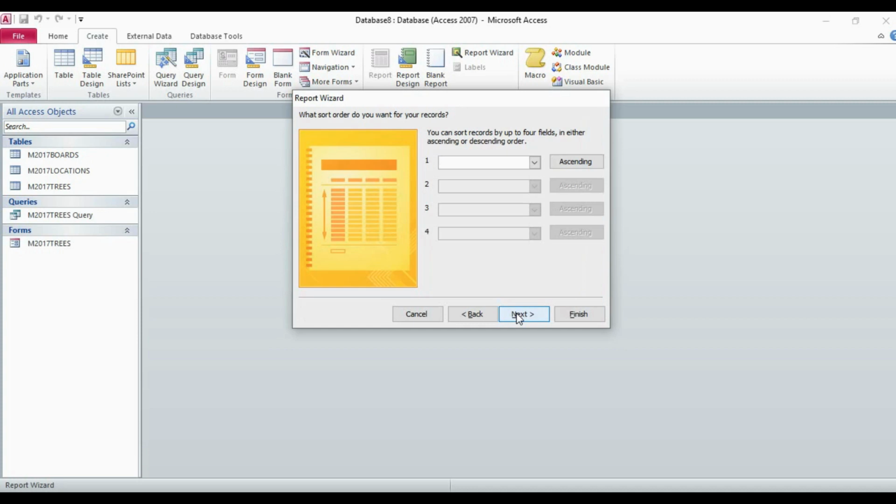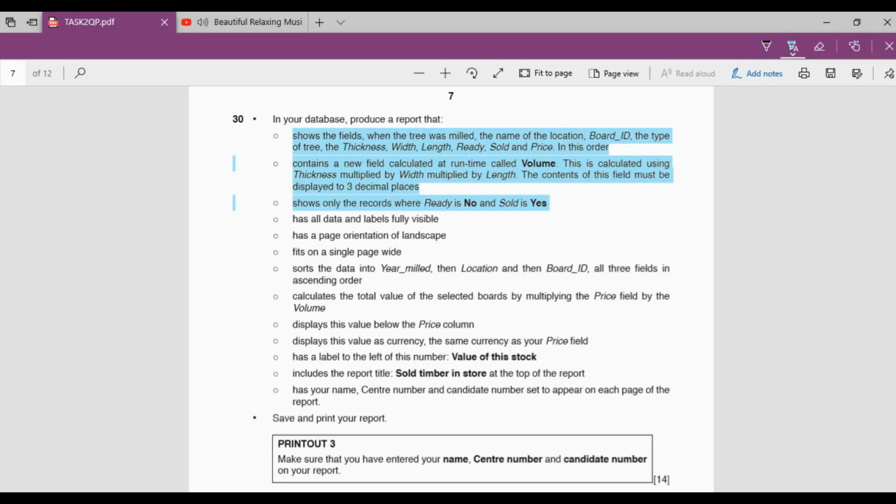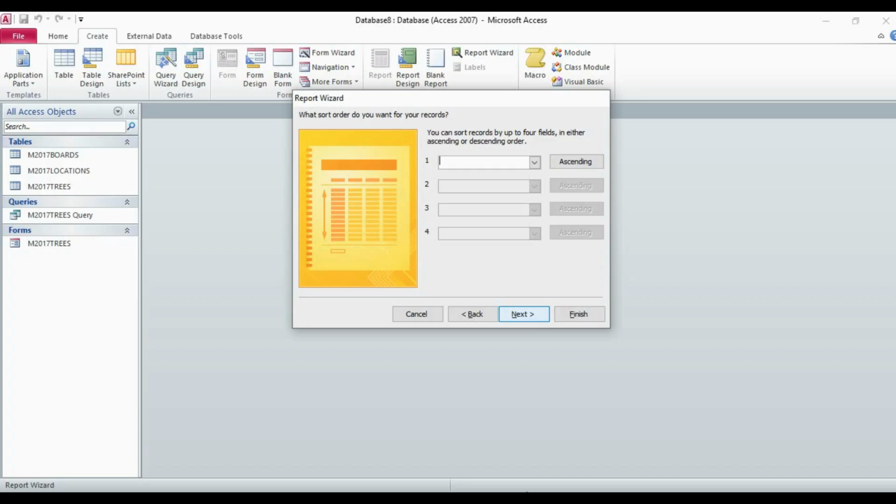Sorting we have to do as per the question, but sorting has not been asked. Still, you will not sort the items in this step when you create the report. Remember it, it is very important. I will tell you the reason when I use the sorting tool, and discuss why you are not supposed to use it in these wizard steps.